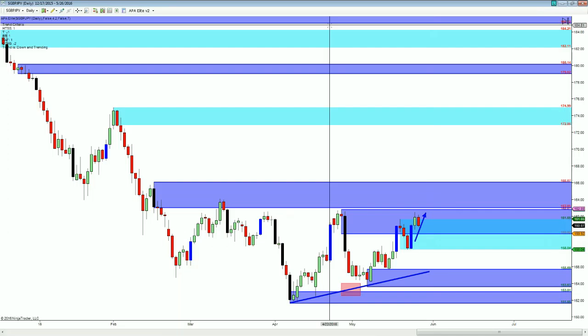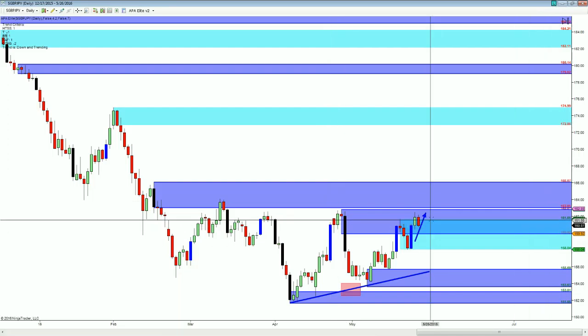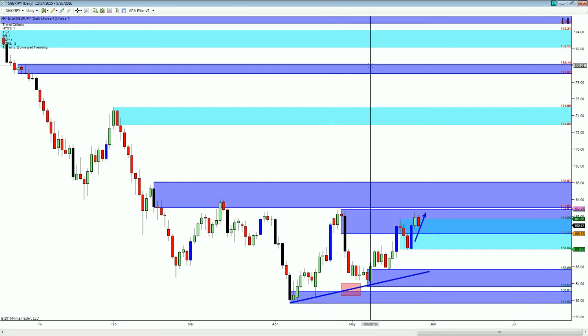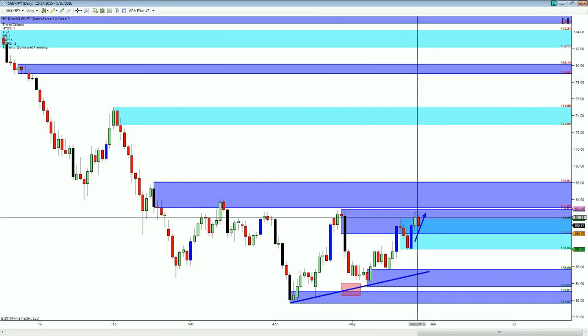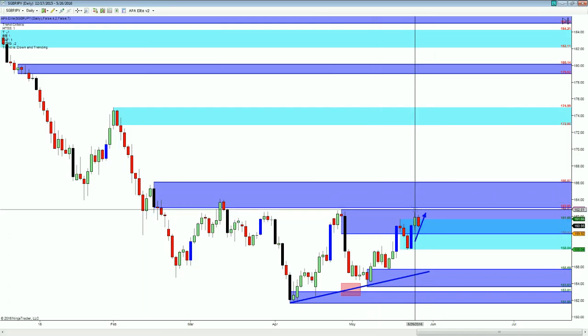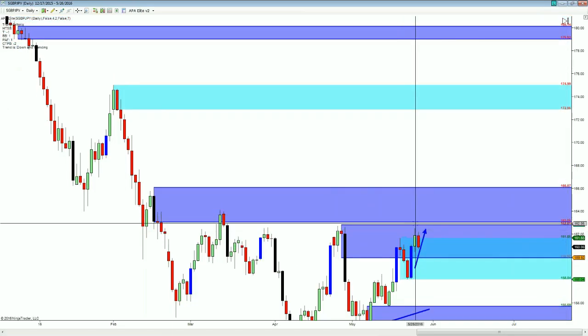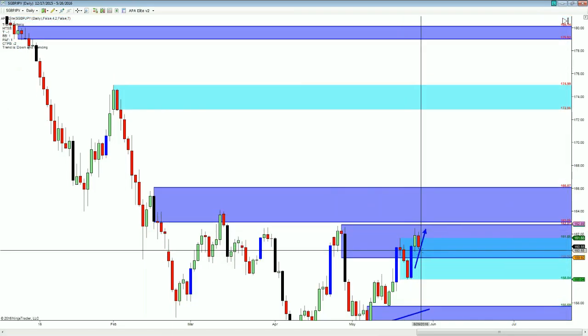Right, and the overall trend is to the downside, so we know that we're pretty high on the range play as far as the range goes. If this thing isn't going to break this daily level to the upside with any type of force, then we could easily be coming right back down again. So I think it's an important consideration to say, hey, we're at the top of the range,